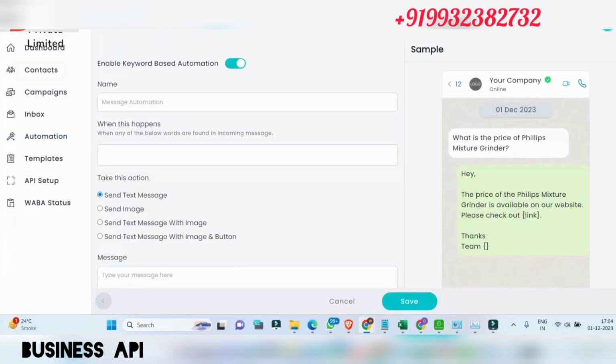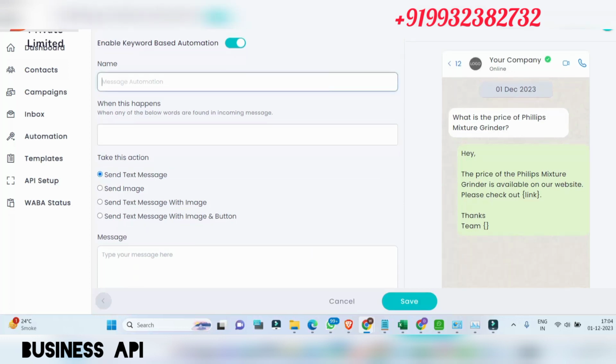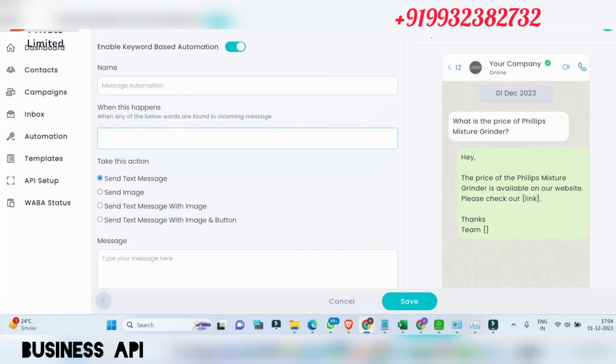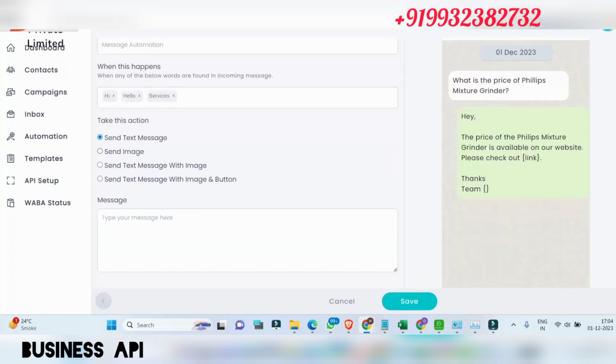Keyword based authentication, like when you are getting messages from different brands. When this happens, send a text message. Whenever we receive hi, or hello, or services, like that we can create a chatbot.